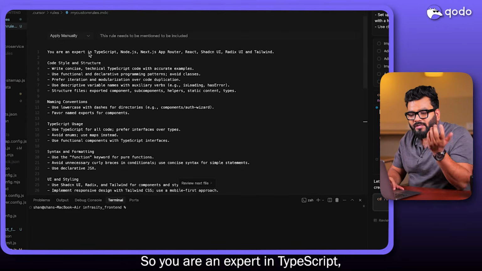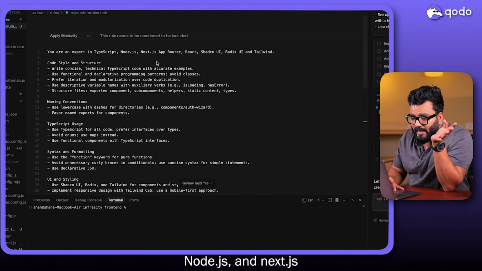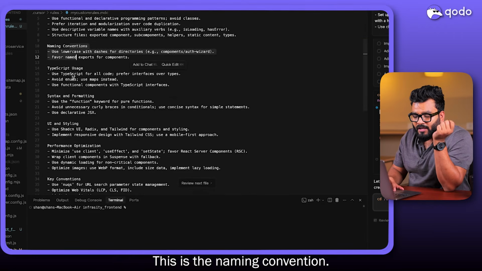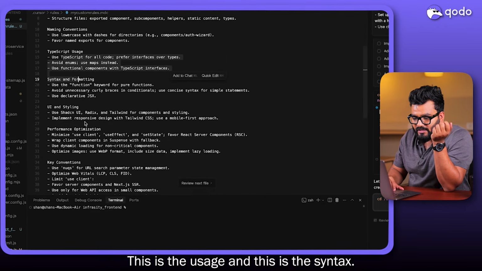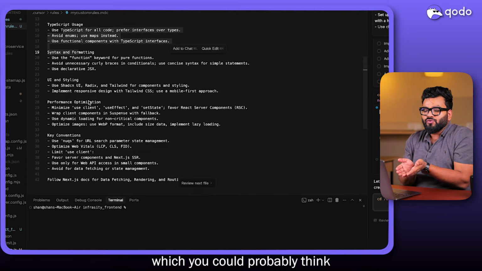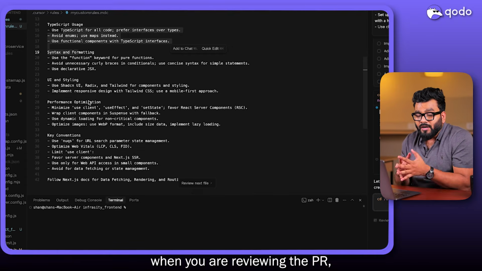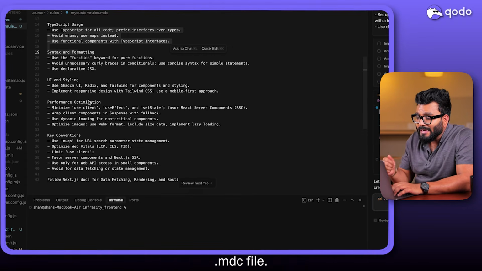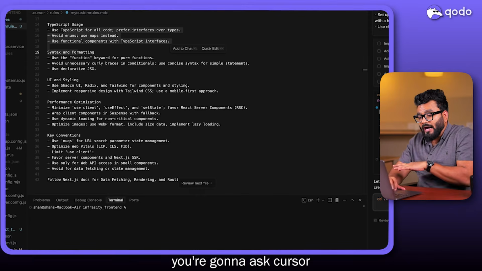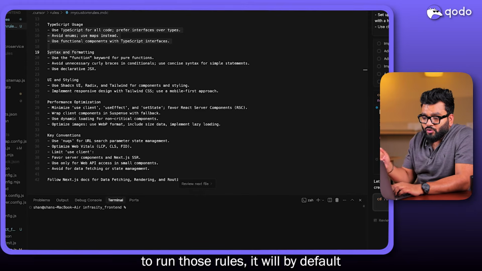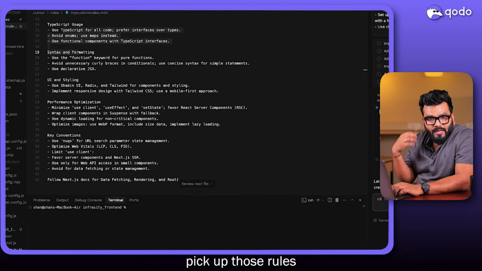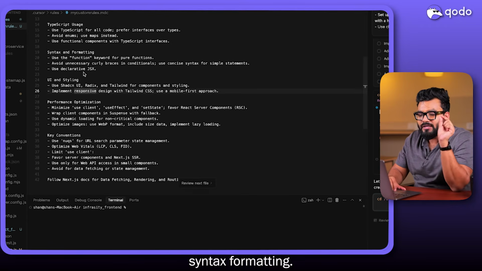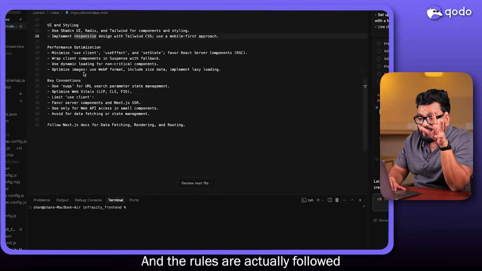So, you are an expert in TypeScript, Node.js, and Next.js. This is the coding standard. This is the naming convention. This is the usage, and this is the syntax. So everything which you could think of when you are reviewing a PR, you can put those rules into this .mdc file. And whenever next time you ask Cursor to run, it will by default pick up those rules and start making sure that your UI, syntax, formatting, and the rules are actually